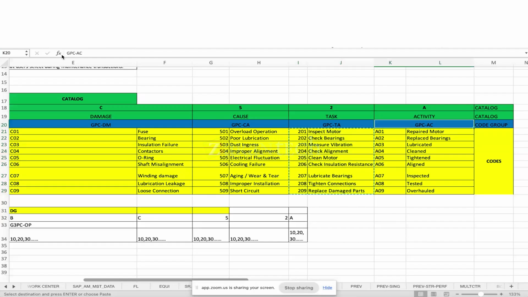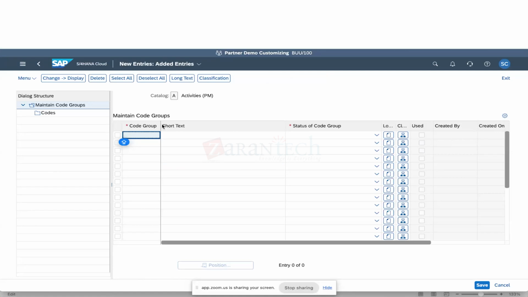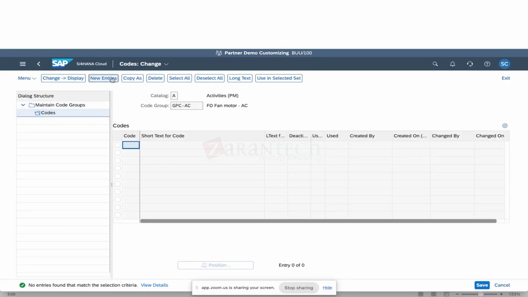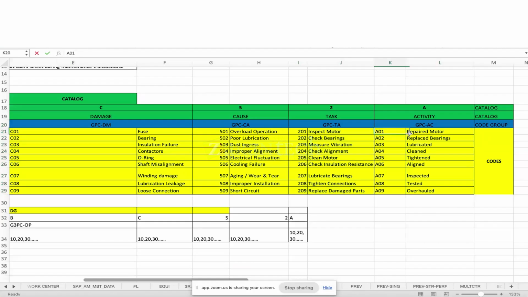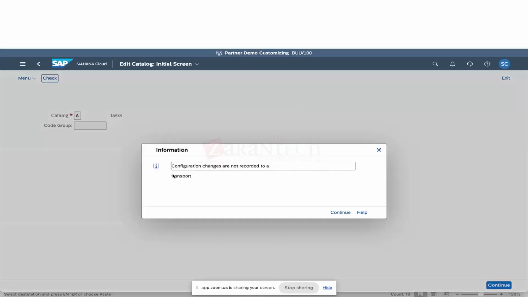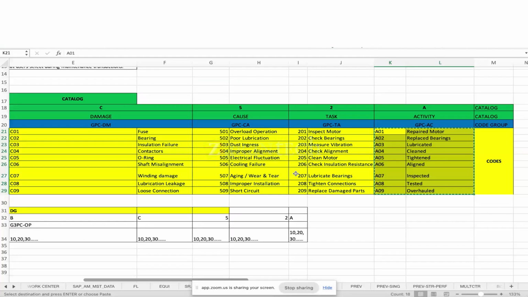We'll go for our own code group. All the similar codes I'm grouping under one catalog. Any short name or description we can keep based on the requirement. So select this, status should be released, go for the codes, go for the new entries, copy all the codes, or we can type it here. So save. Yes, continue. Now we have created